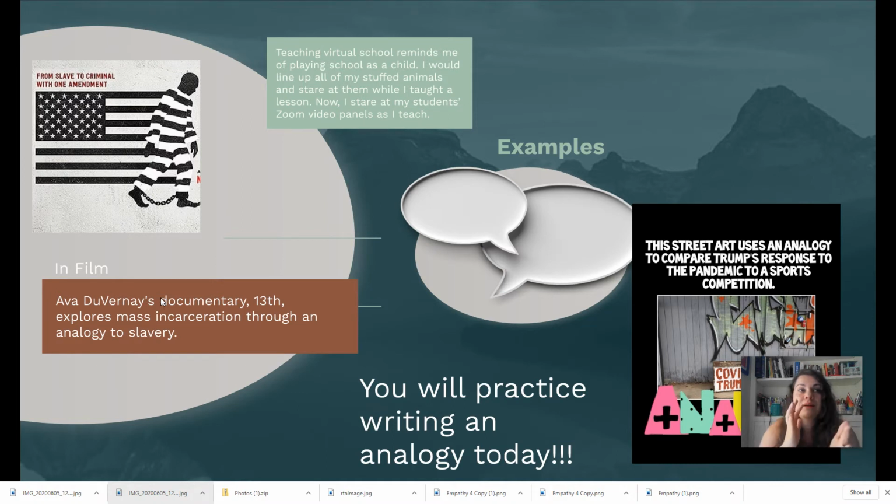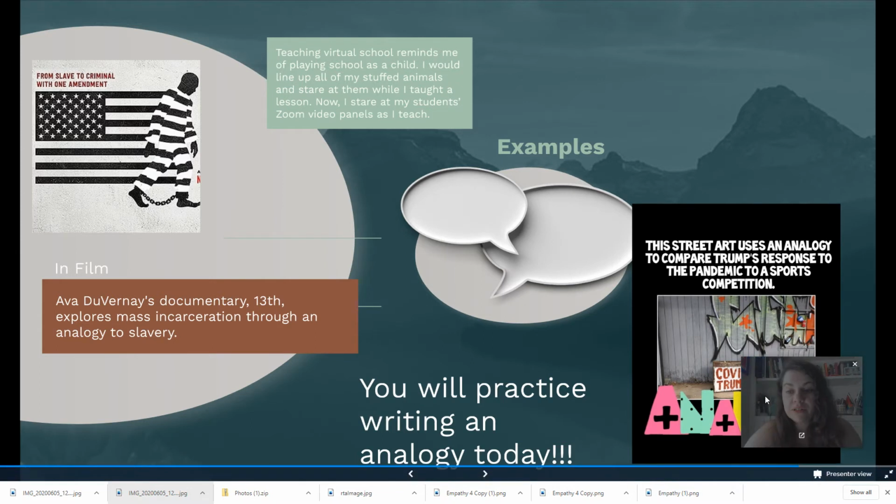So that is a really great way for any type of artist to make a point and connect with an audience. Because some people might think, well, if you're in jail, you deserve to be in jail. But no one would hopefully think that, oh, well, people deserve to be enslaved. So when you make that analogy, then all of a sudden people understand your point of view.